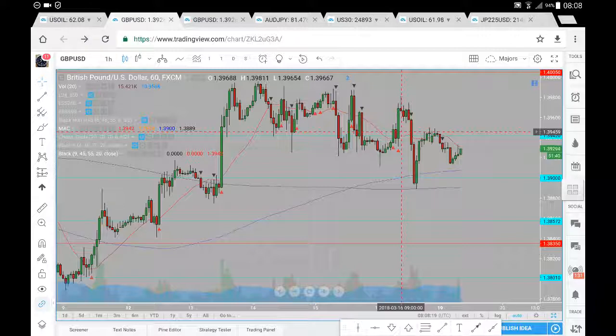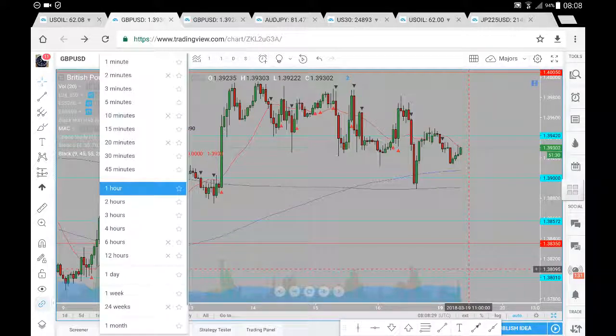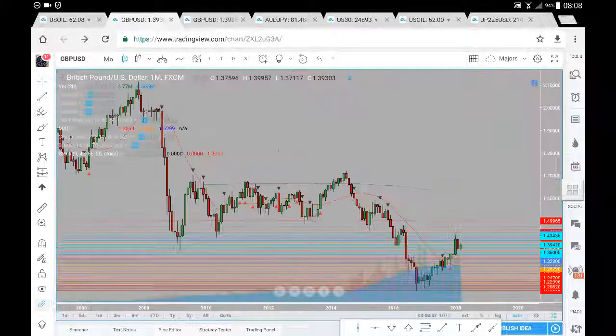So before we wrap up here on the pound dollar, let's just have a look at the higher time frames before we wrap up here on the pound against the dollar. So we head over to the monthly time frame for the pound dollar, and as you can see here on the pound dollar, we have been having a bit